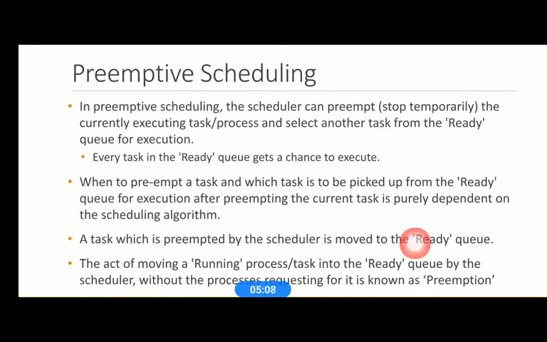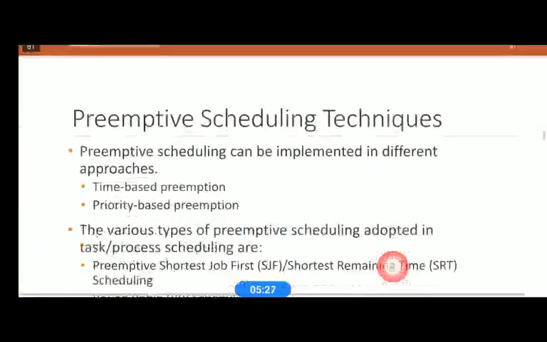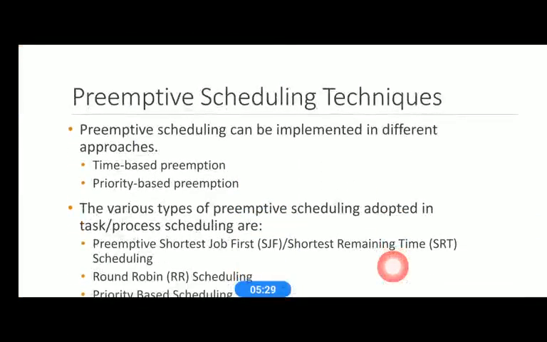Again it will be picked when it is its turn, when the scheduler picks it for running, right. This act of the scheduler moving a running task into the ready queue without the process requesting it is known as preemption. Preemptive scheduling can be implemented in different approaches: time based preemption and priority based preemption.